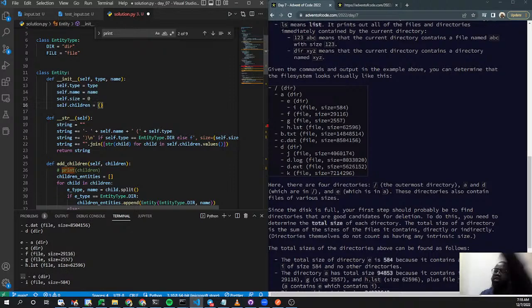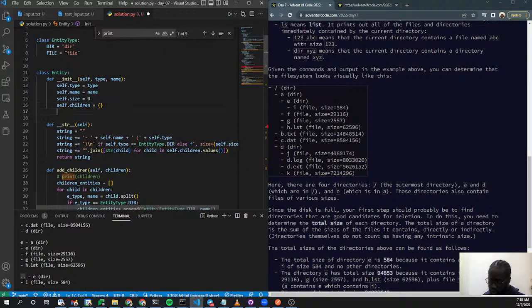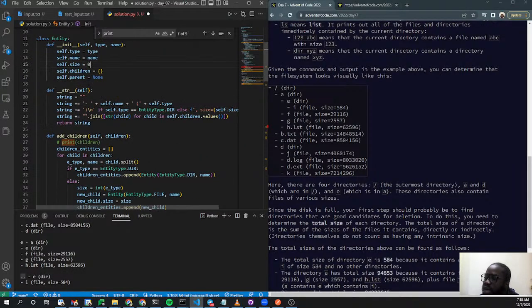Which means each entity must define a parent, right? Yeah, each entity must define a parent. I was only thinking about it from the child's perspective, because if I don't define the parent, then I have to do a very nasty loop to get to the parents, right? And so the parent will be updated every time